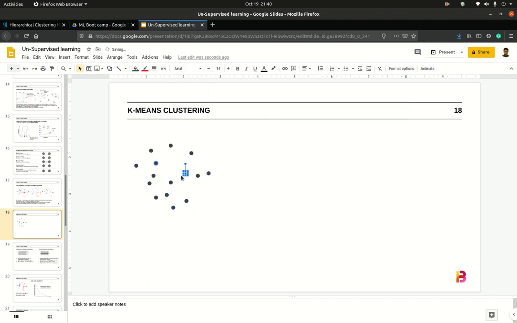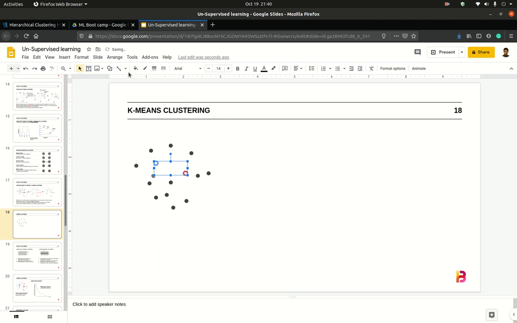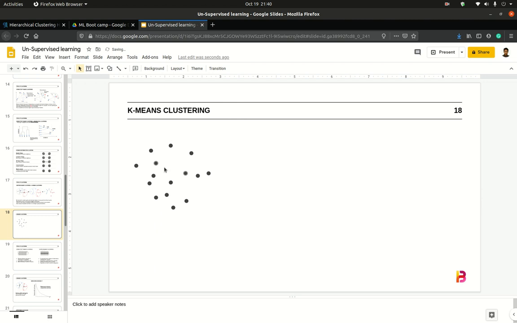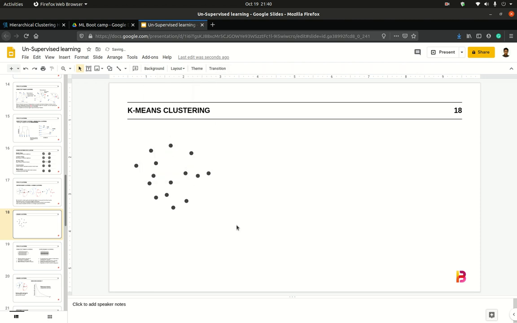This is our data set, and we want to break it down into three broad classes. Let's say that's our goal: somehow we want to figure out three different categories in this.